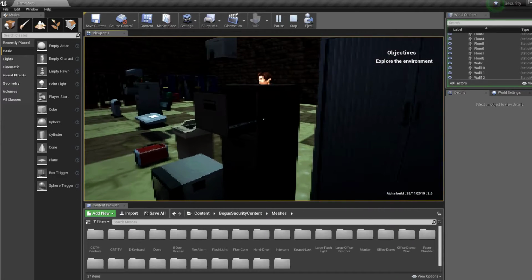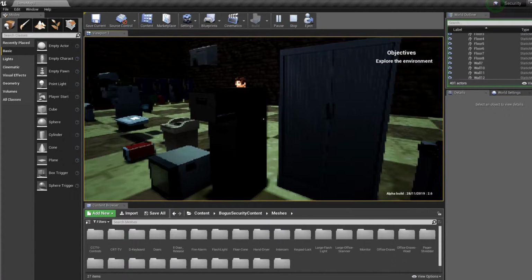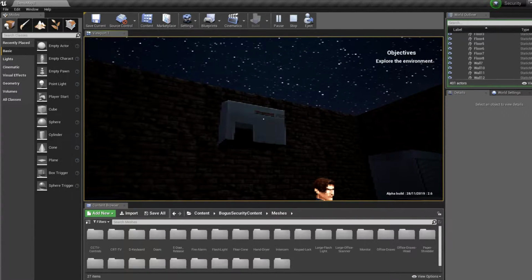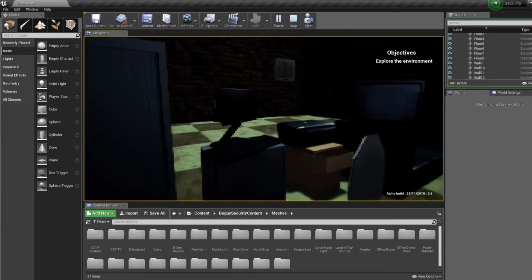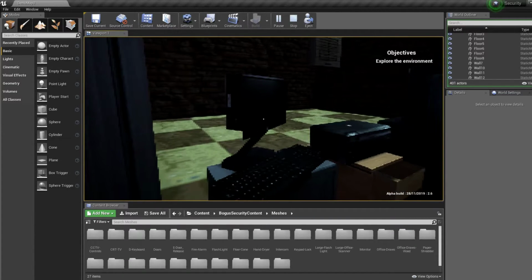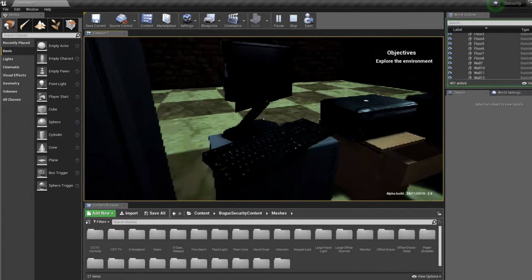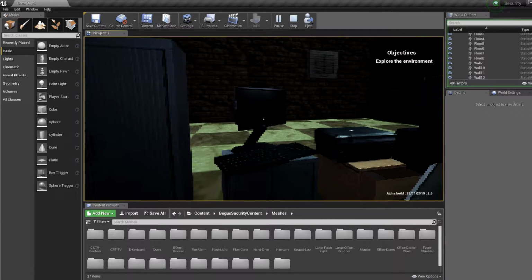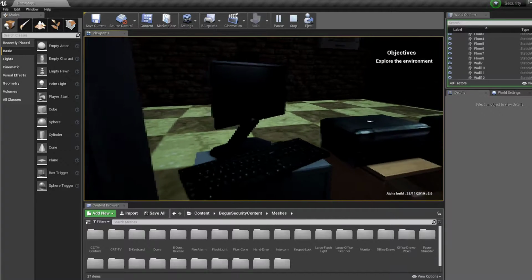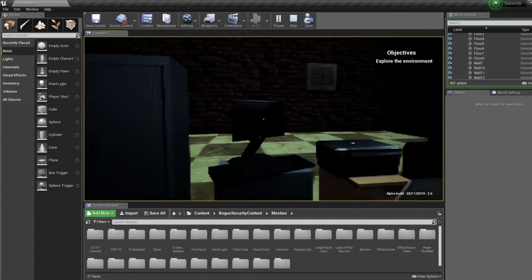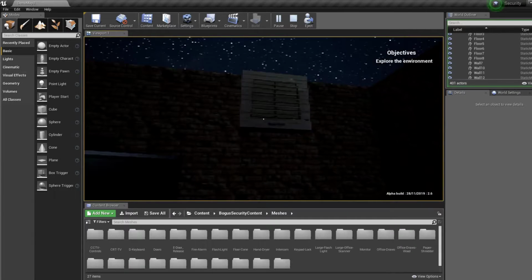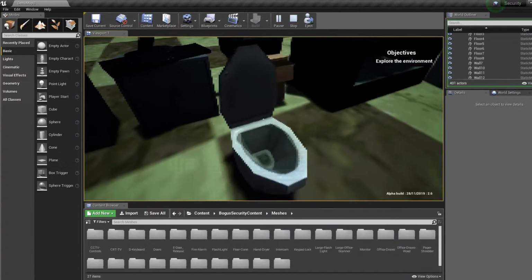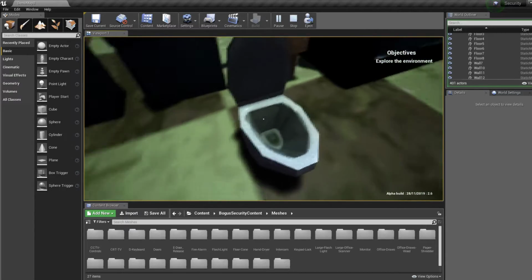I actually made the cabinet ones myself. They don't look too bad. The hand dryer, like I said, I went in a cinema and managed to get that in real life. The computer, real life, from the actual location. I managed to take one of the computers with me when I was leaving. So that's the actual computer from the actual location, which I think might still have some information on it. This, like I said, is from my own kitchen, the place I'm currently living, and then the toilet,